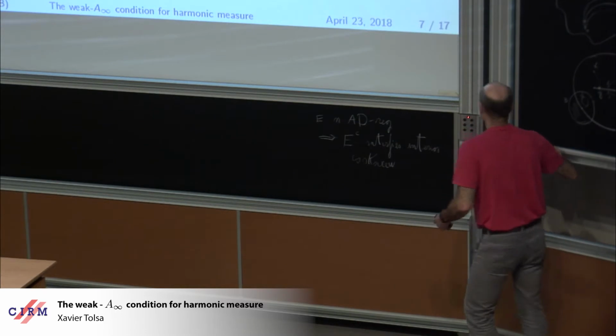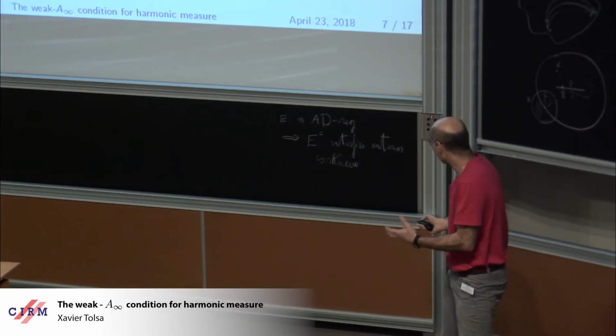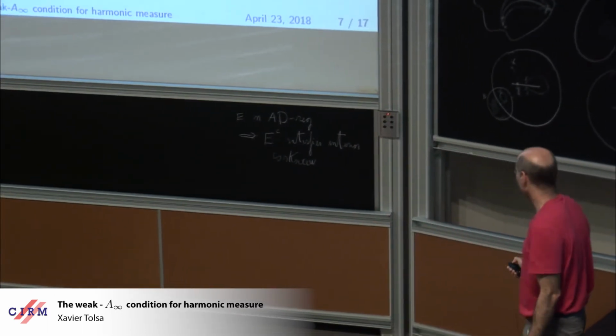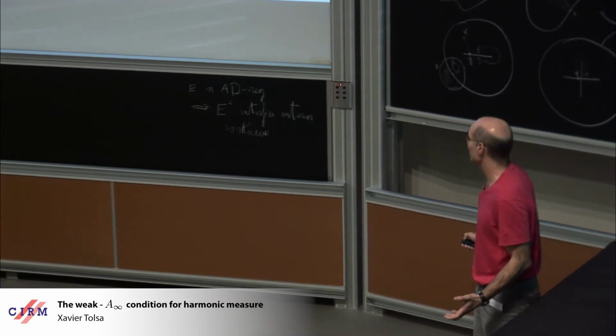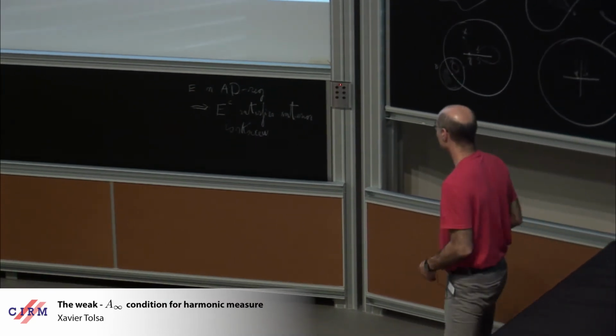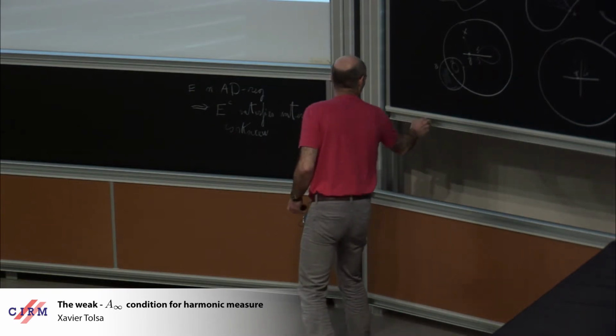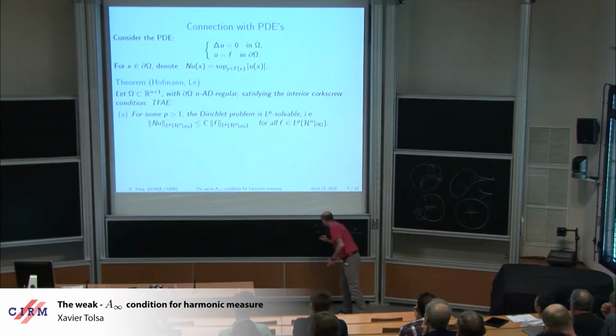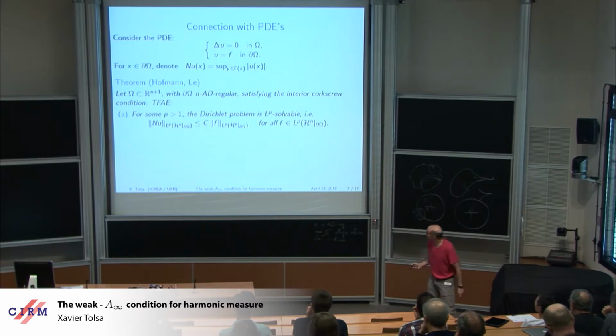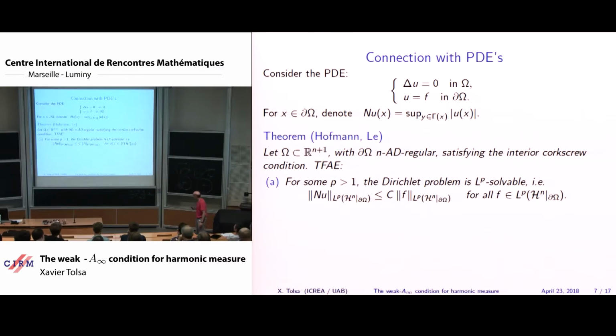If you want, you can think in all the talk, in fact, that we are in a case such as this one, and then E coincides with the boundary of omega, and omega is this set, in this case. Well, anyway. So under these assumptions, we have that some conditions are equivalent. The first one is that the Dirichlet problem is L^p solvable, which is the same